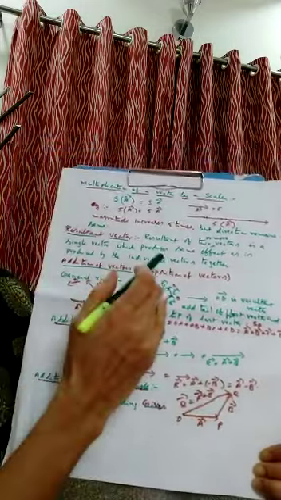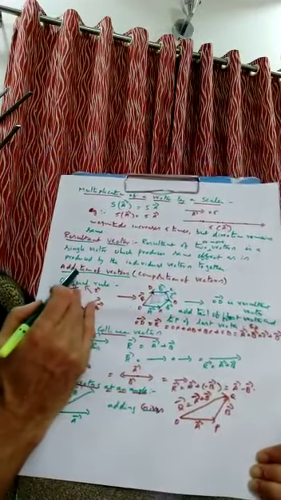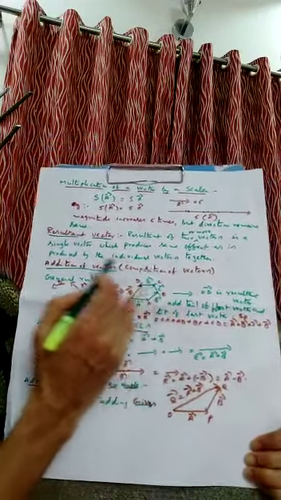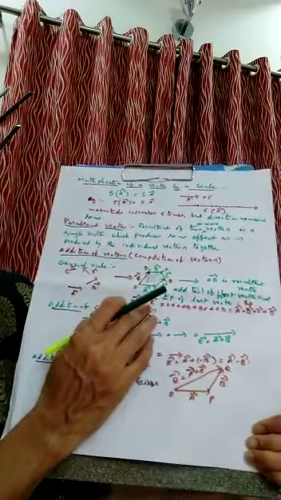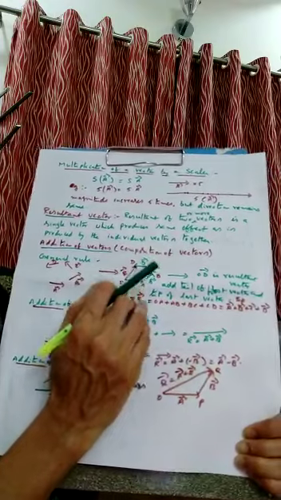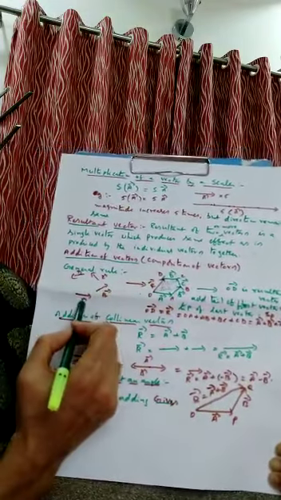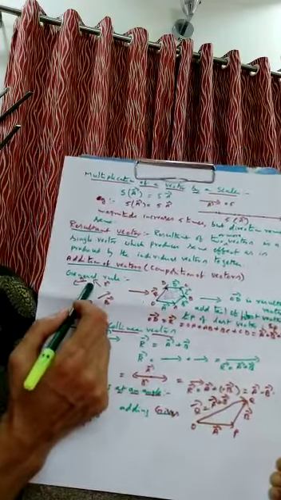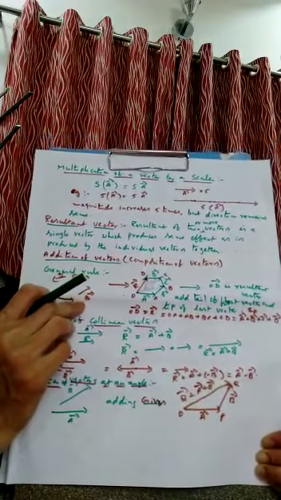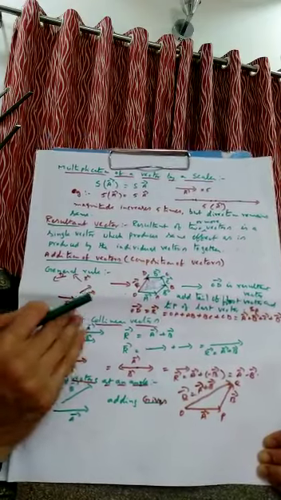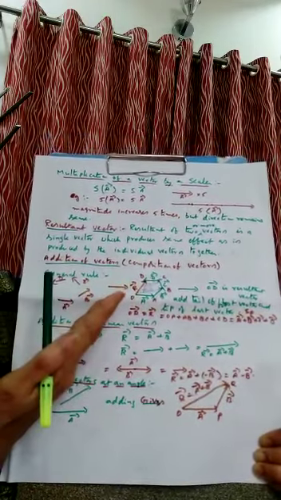Right? For example, next is addition of vectors, composition of vectors. With the example only we will study, and the resultant vector will come here also. That is why I am taking the example. Suppose I have taken vector A, vector B, vector C, vector D. How can you compose them or add them? How can you add up? What is the resultant vector? What is the effective vector here?